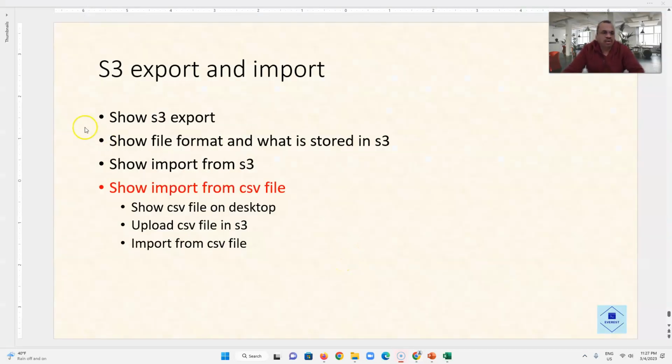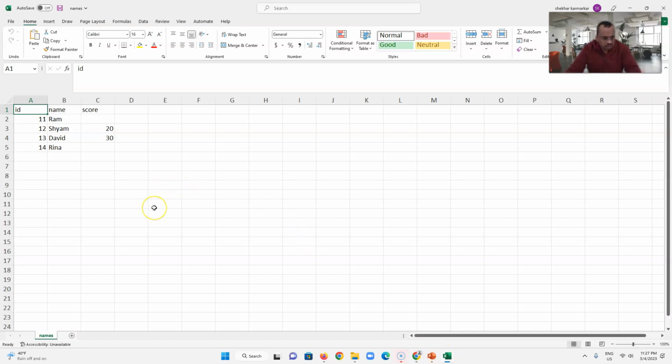We have seen how to export. We have seen file formats when it is stored in S3. We have seen how to import from S3. Now I will show you one more thing: how to use a CSV file in an S3 bucket and import it as a DynamoDB table. So this is